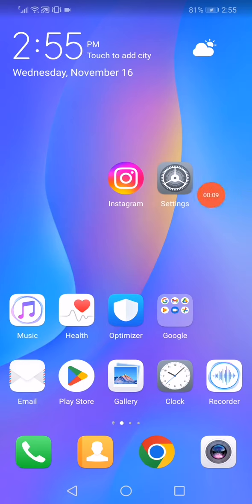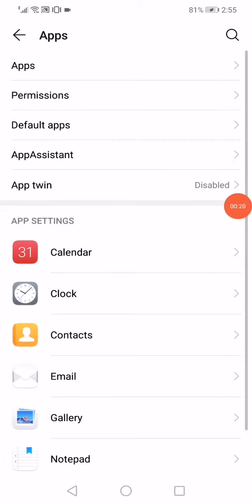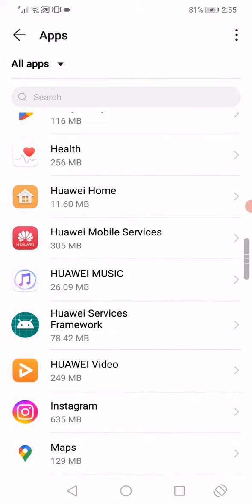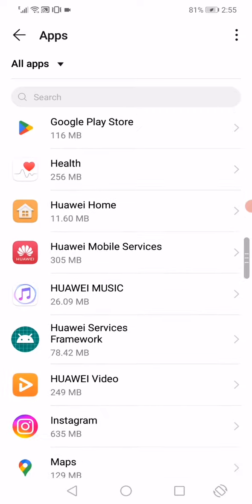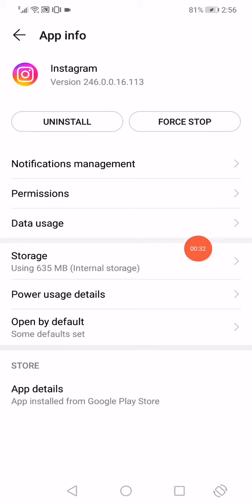All you have to do is just go to the settings page on your phone, and then go to the apps manager, and then go to apps here in the top, and here you will find all the apps that you have downloaded. Click here, and then click on the power usage details,